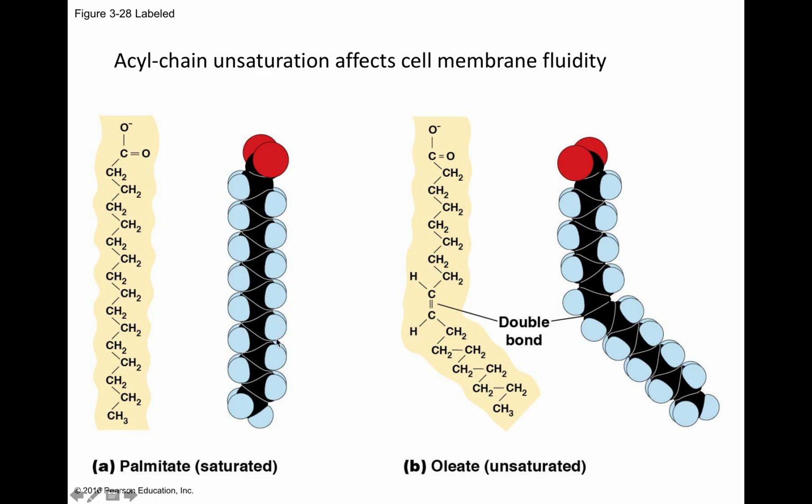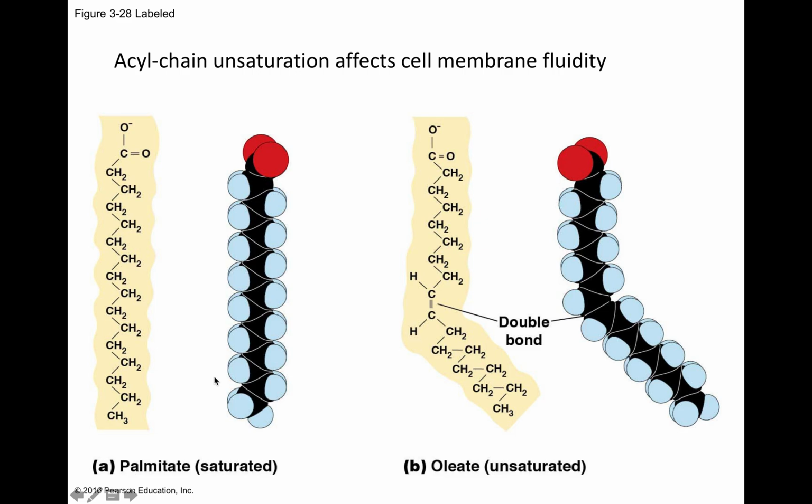If you're trying to stack a bunch of these molecules together, it's easier to stack these together because they're all in a straight line. You put a whole bunch of straight lines together, and that makes a pretty stiff membrane. But if you're trying to stack this thing with this thing, it's going to require more space. That increases the spacing of the phospholipids in the membrane and makes a more fluid membrane. Plants tend to have more of these sorts of structures. Animals tend to have more of these sorts of structures.